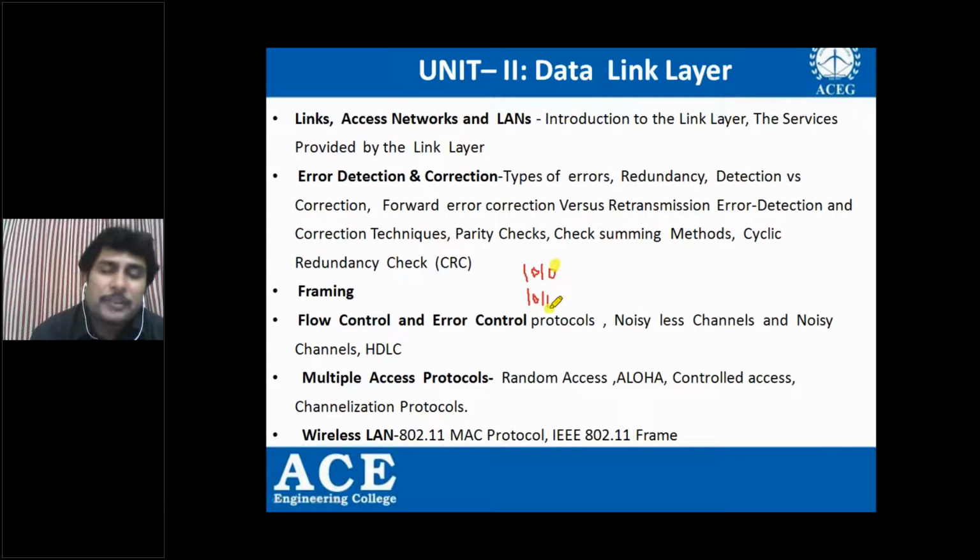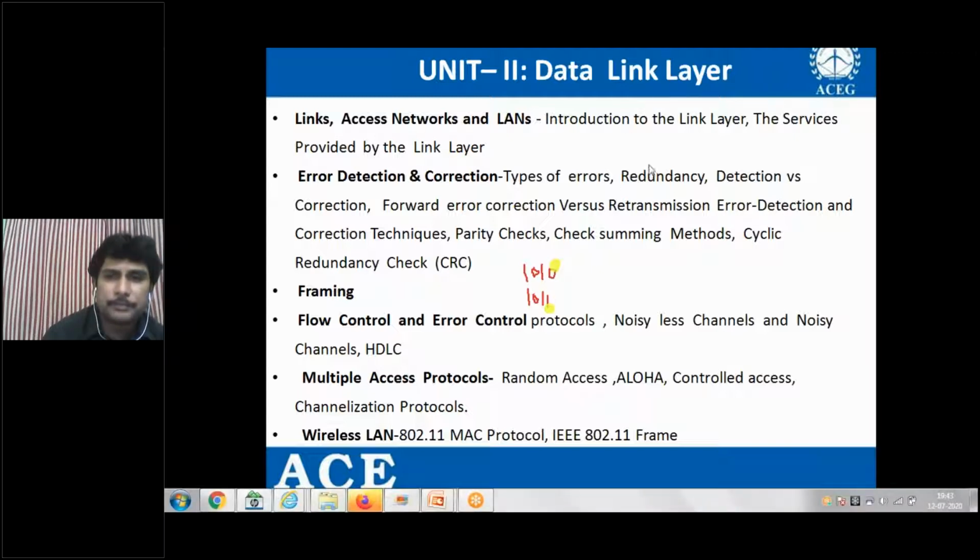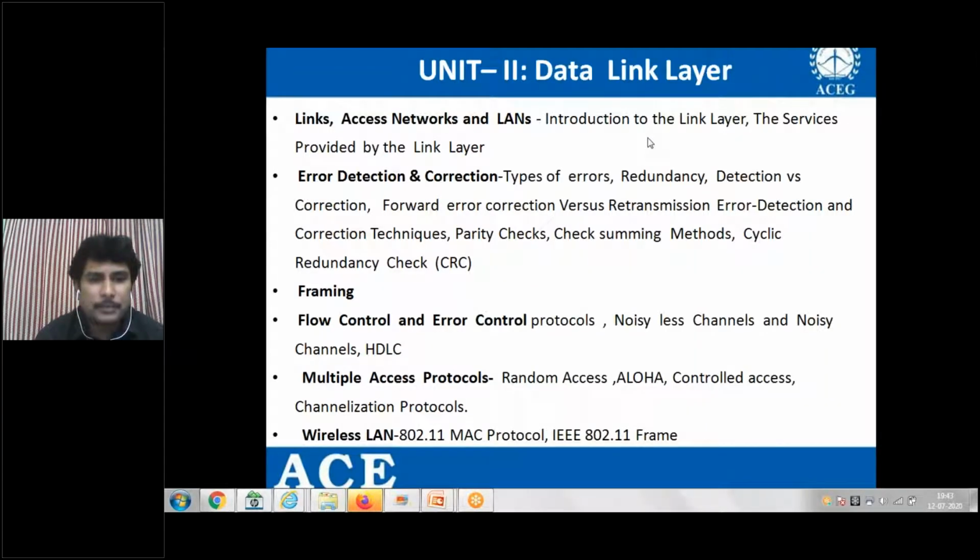So there are different ways in which you are trying to implement error detection and error correction, which we are going to understand in the error detection and correction techniques. Okay, so this is one of the functions of data link layer. Along with this,